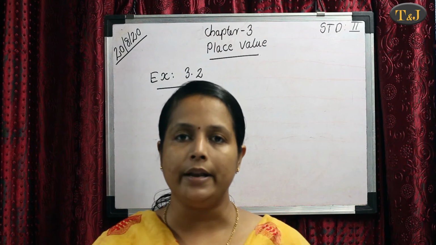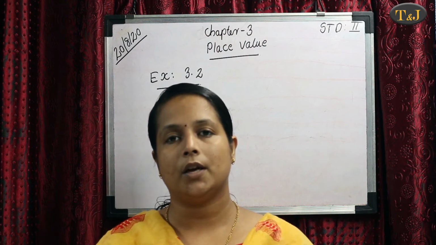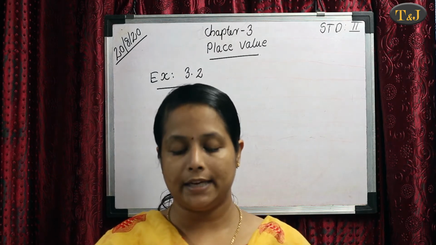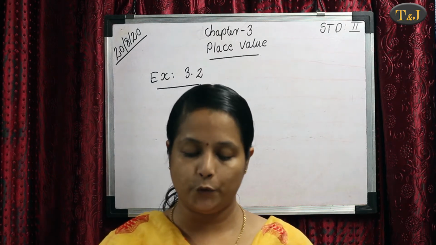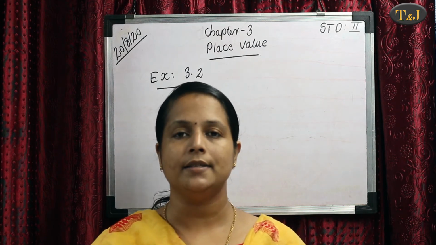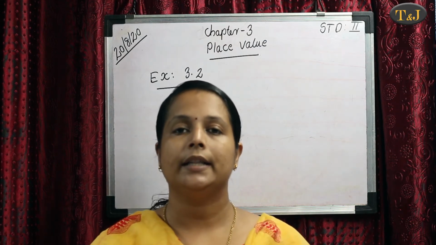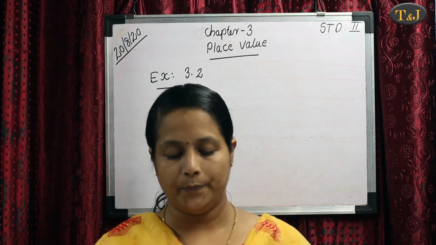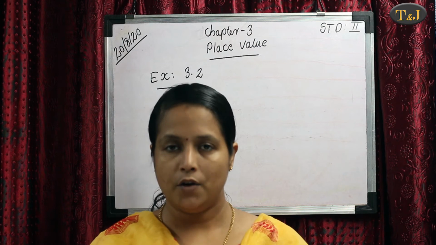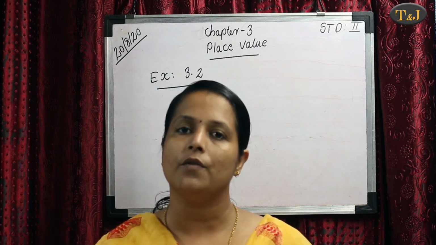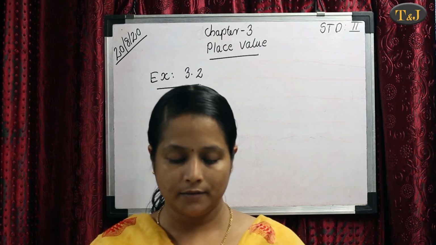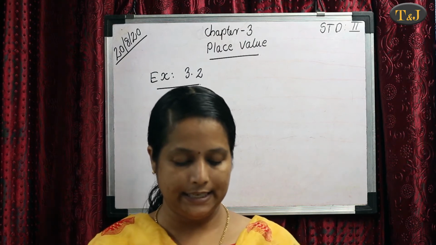Then 2 tens equal 20, 7 ones equal 7. Okay. Then next problem, write the number 40. Given the number is 40. First we write the places of this digit, that is ones in 0, then tens in 4. So we write 4 tens plus 0 ones. 4 tens equal 40. 0 ones equal 0. Okay. All of you do the remaining problems, that is C, D, E, F.